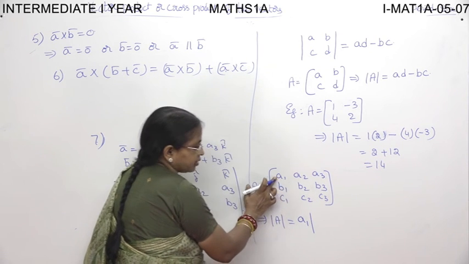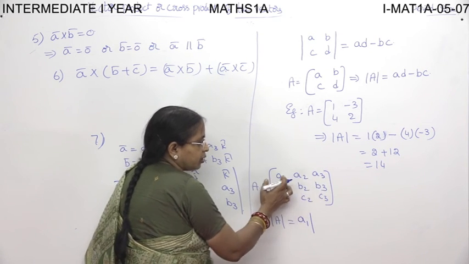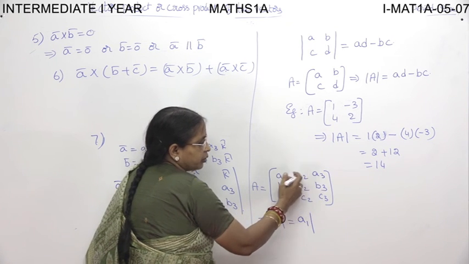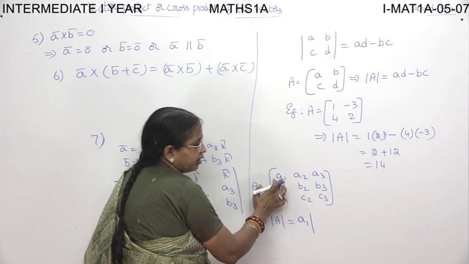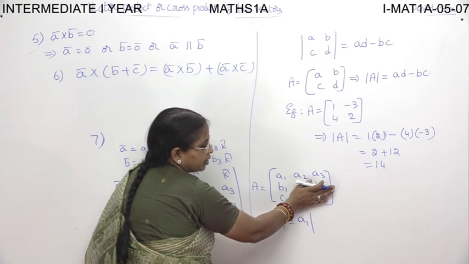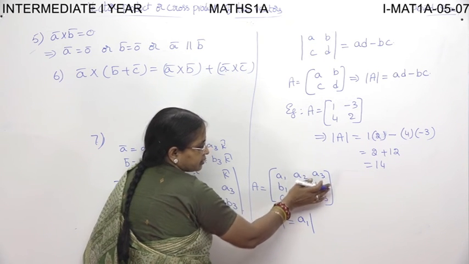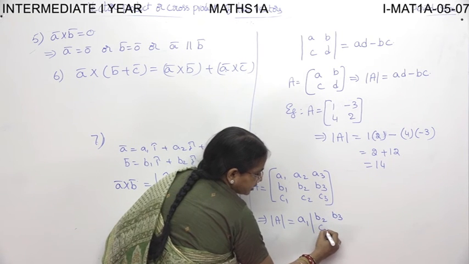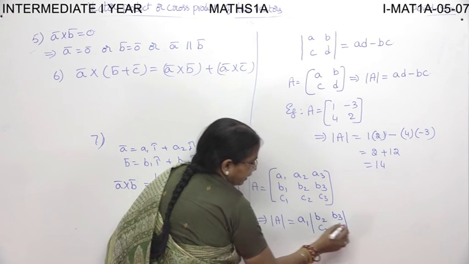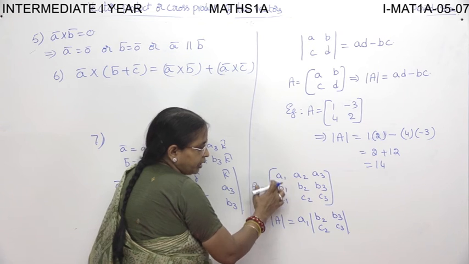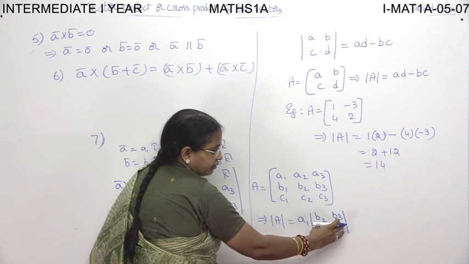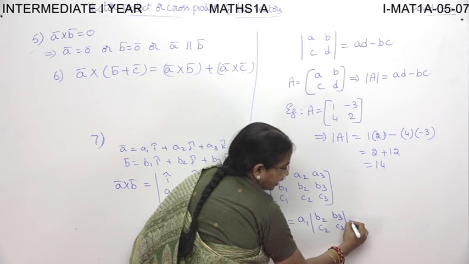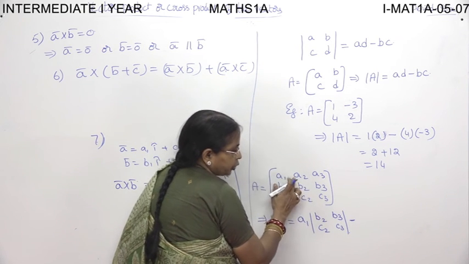See, A1 is here. So delete the row and column containing A1. Then what is the matrix left out? It is this matrix, B2, B3, C2, C3. So you write that matrix here. First element into the determinant of that remaining matrix. Then for the second one you should write minus A2 into,